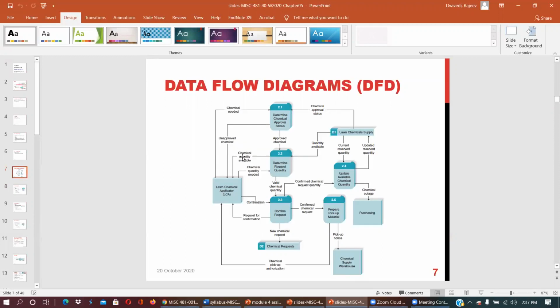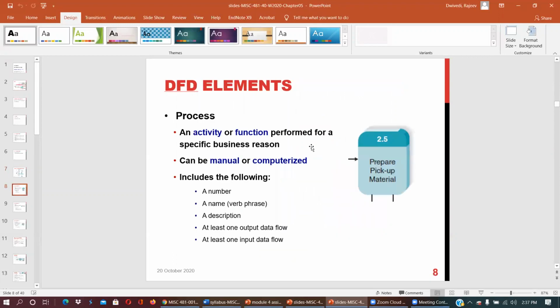Going into detail, let me go step by step. What are the elements of a data flow diagram? Process: an activity or function performed for a specific business reason. It can be manual or computerized. It includes the following: a number, a name that is a verb phrase, a description, at least one output data flow, and at least one input data flow.